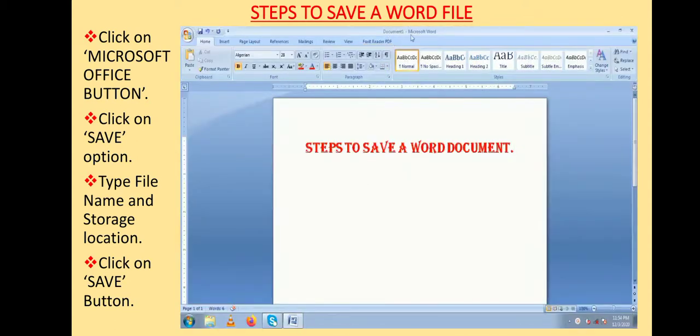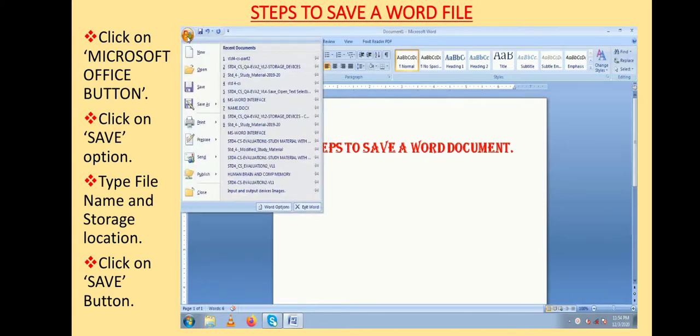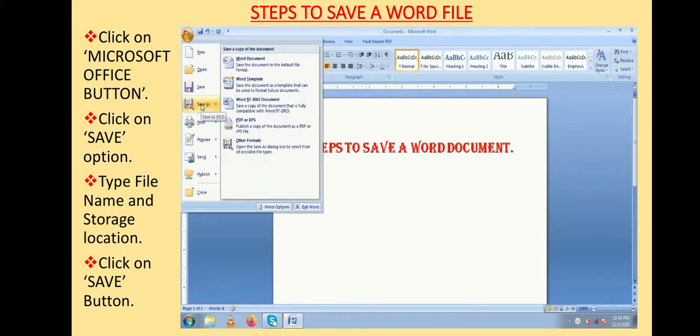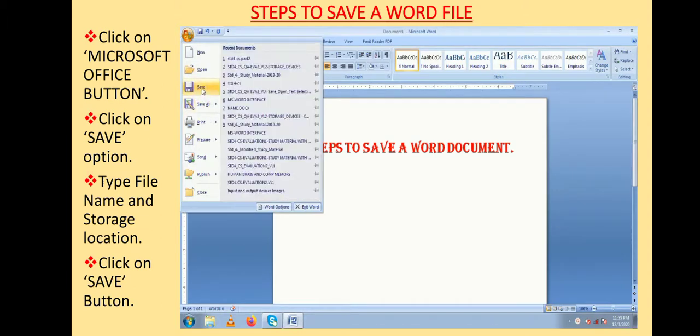As you can see, when the file is not saved, the default name like Document 1 or 2 or 3 is there on the title bar. If you want to save, then click on the Microsoft Office button, then select the option Save or Save As.